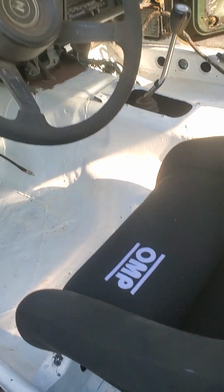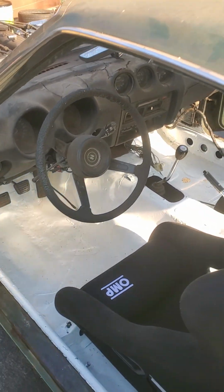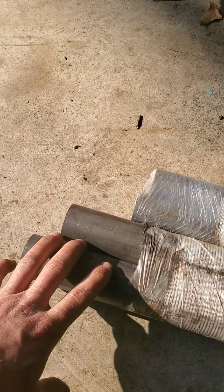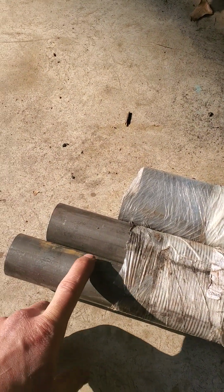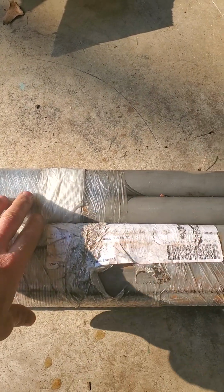I'm not that tall as her, so I do have a lot of space to put the roll cage here. What else have we done here? The idea for the roll cage is to use 1 7/8 by 120 wall for the main frame. This is based on the FIA rules for the Dakar Classics class, and the supporting or extra tubes that are